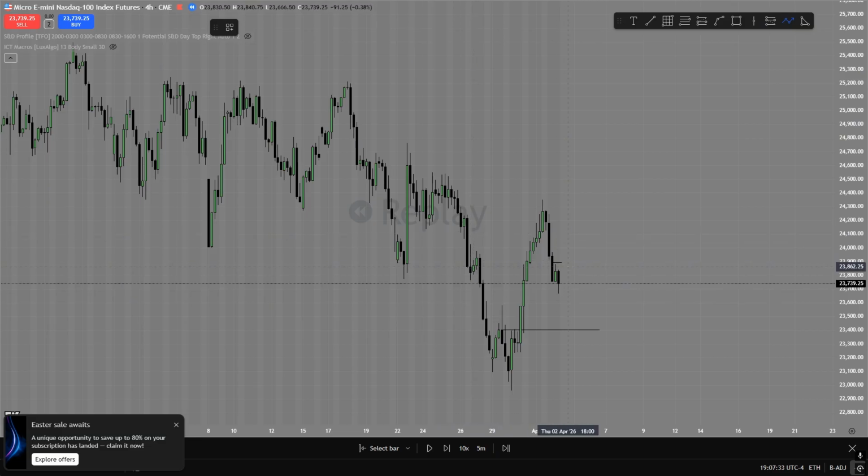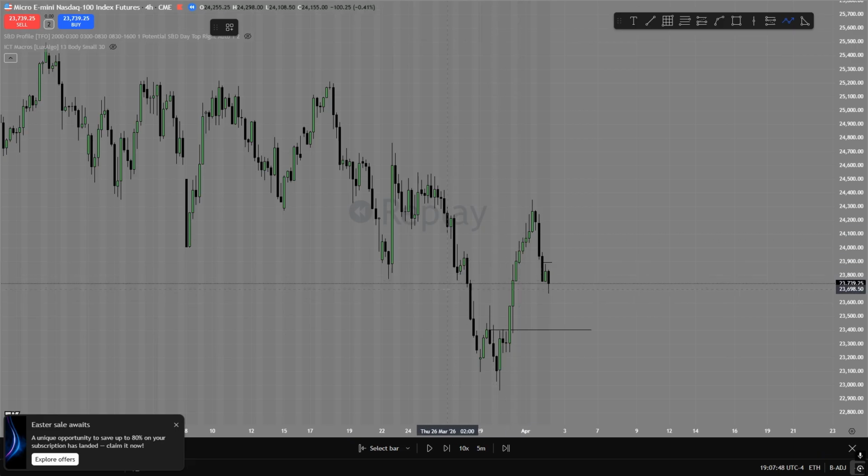I had outlined an area of confluence that I really wanted to see become the draw on liquidity as soon as market opened and pumped and then generated liquidity, moved back lower, which we'll see once we actually play. But higher time frame, so this is the 4 hour. We had moved down here, basically straight down.